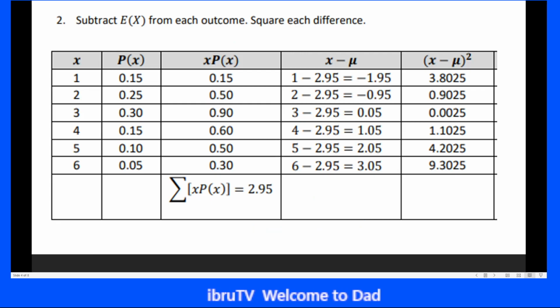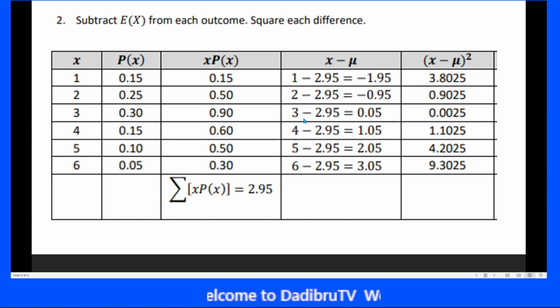So for the next step, we will subtract the mean from each outcome or from the random variables, and after which we will square each difference. Okay, so looking at the table, we will subtract 1 to the mean 2.95. So that is 1 minus 2.95 is negative 1.95. And squaring negative 1.95 is 3.8025. Next, 2 minus 2.95 is equal to negative 0.95. Squaring it, we have